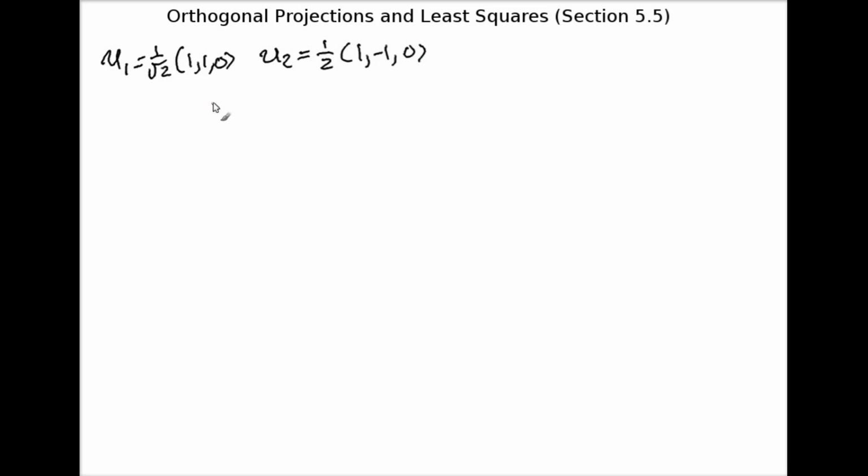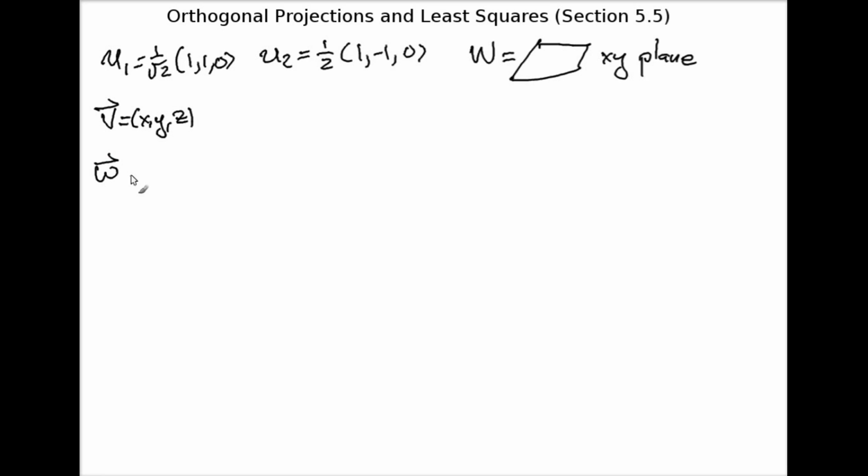So let's check. These two vectors are orthogonal and they have length 1, so this is an orthonormal basis. And the space that they span is, again, the xy plane. So we're doing this problem for yet a third time. And let's see what happens when you project the vector v onto this plane. Well, what you get is the vector w, which is (v·u1)u1 plus (v·u2)u2, and let's see,